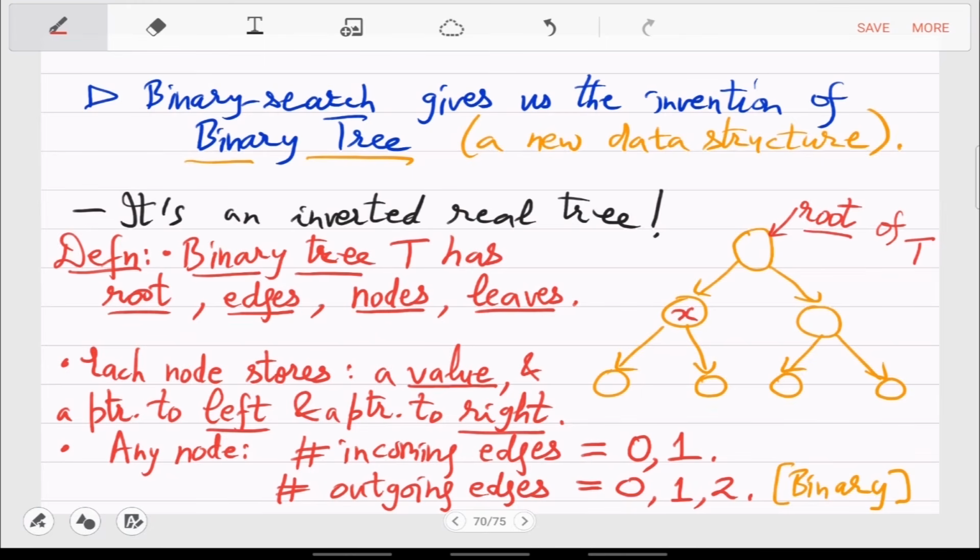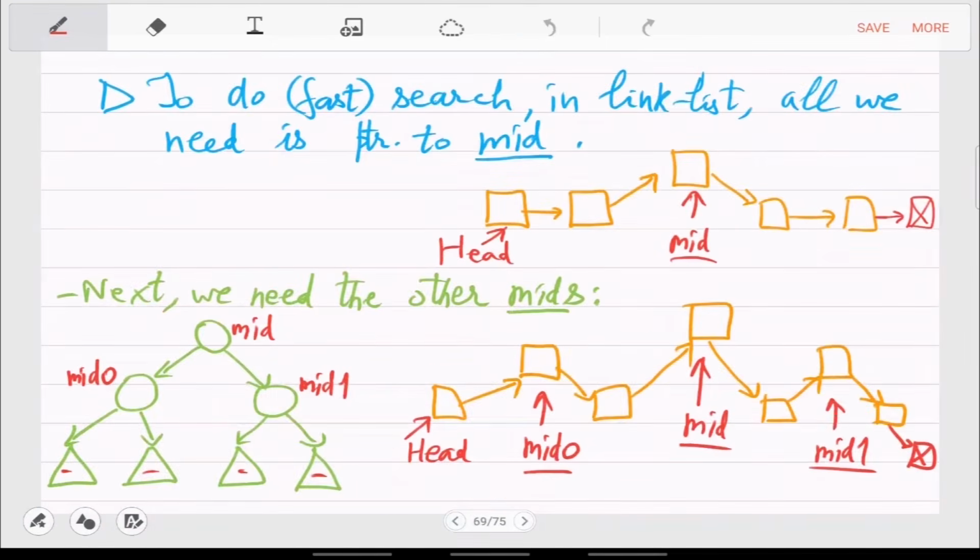Like from the linked list, how did you get the bits? Oh, no, that was just a thought experiment. This is just to motivate how binary search potentially proposes a new data structure. But once the definition is given, you can forget all this.